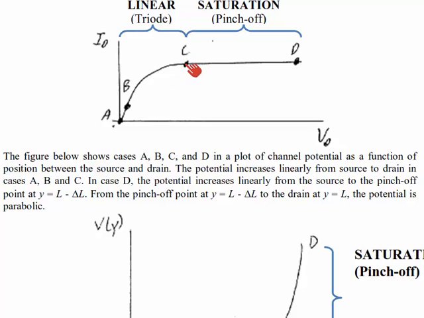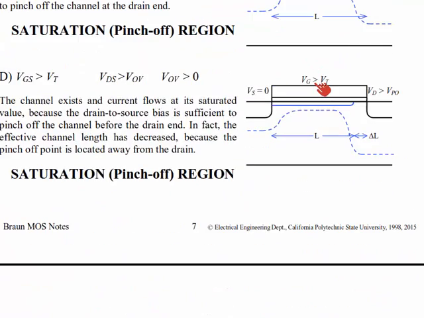we reach what's called the pinch-off point at point C, the transistor saturates or pinches off, depending on which nomenclature you use. We call it the linear mode or triode mode. We call this region above, at higher VDS than point C, the pinch-off or saturation region of operation. The current remains roughly constant in the transistor between points C and D. Let's see how that happens in the